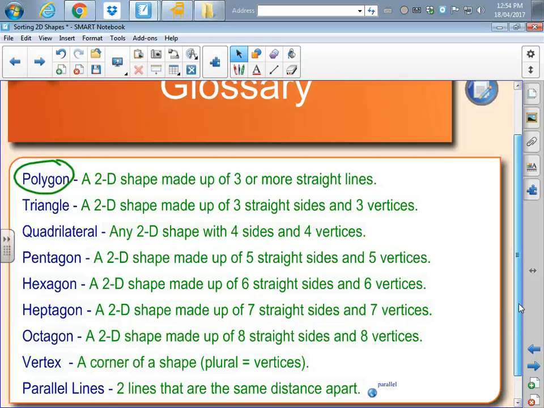There are 2 lines that are the same distance apart, and there's something else that's really important. Because they're the same distance apart, they will never, ever be odd. If they're the same distance apart, and they will travel the same distance apart for infinity, they will never, ever, ever